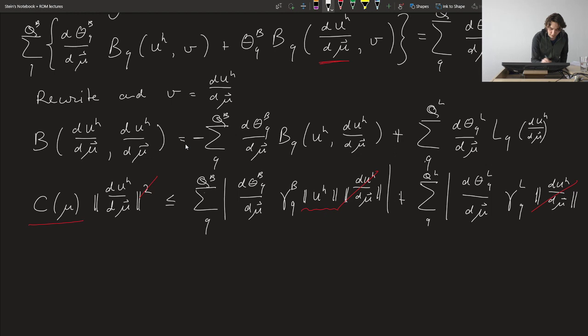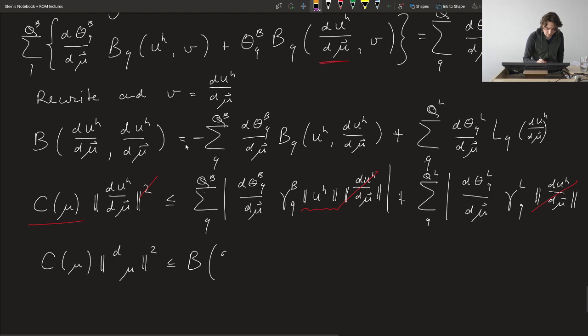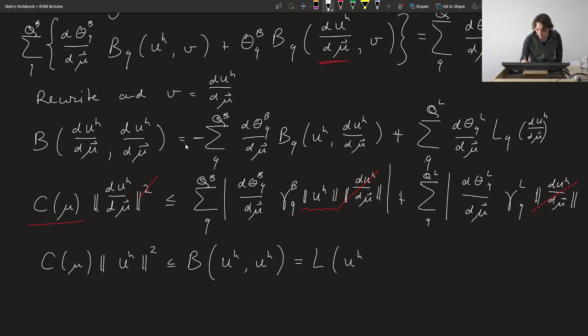Well, we actually reuse the statement that involved the smallest eigenvalue. That would always be smaller than or equal to the bilinear form. Sorry, I'm now interested in UH. UH, well, this by definition is equal to L of U, because that's the equality that we're